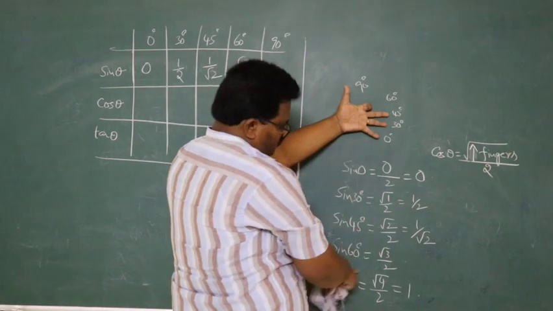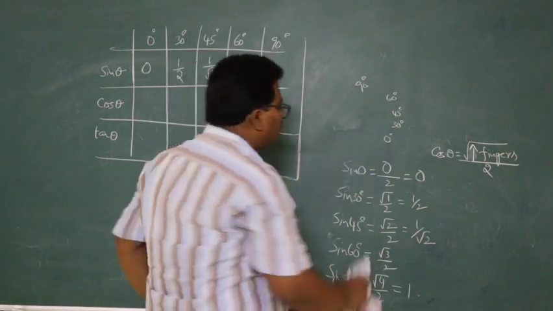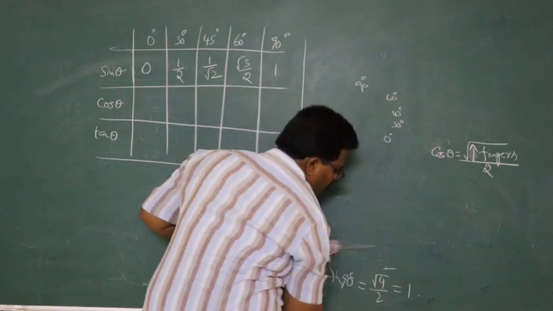Below fingers is 3, so root 3 by 2. Below fingers is 4, so root 4. So similarly for cos also. So for cos the formula is